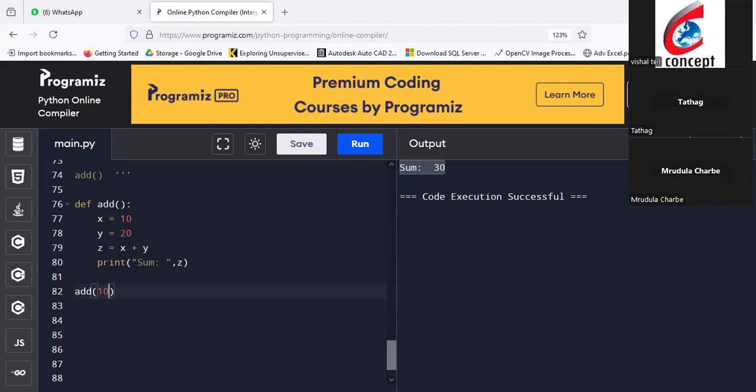You pass the values 10 and 20 when you are calling the function, and these values will be received in x and y. You delete these x and y inside, because you're passing values, you should not take them inside. x and y will receive values from in here, and then z, you're printing it. These are called passing values. Here we are passing and here we are receiving in x and y, and we are doing the